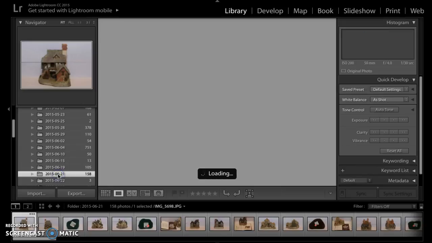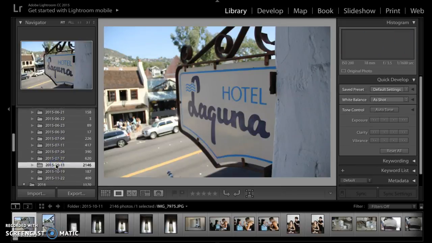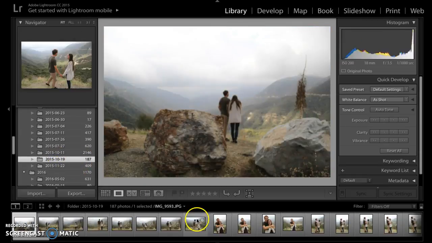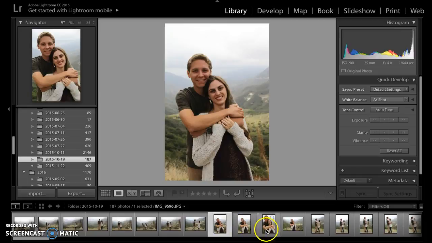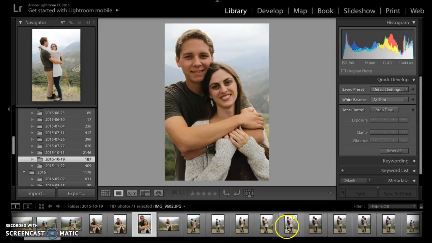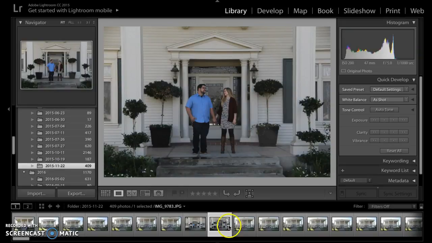And you have all of these pictures that you've uploaded. So I can save these elsewhere on my computer, but they're also all right here. So this is generally where I will upload and then choose pictures that I want to edit, or I can edit them on here. So if I were to edit a picture,